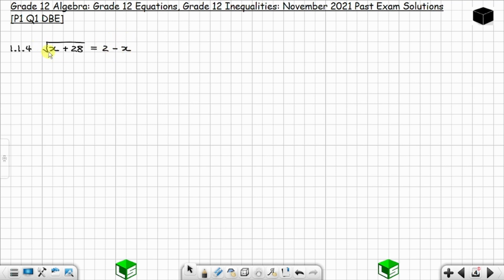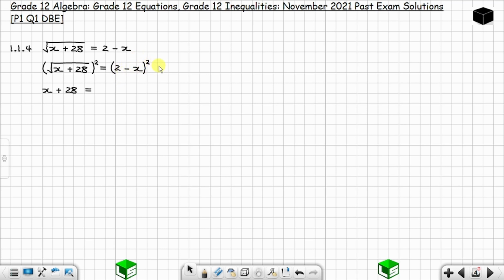Because it is a square root, you have to raise it to the power of 2. You raise this side to the power of 2 and get rid of the square root. What you do on the left, you also do on the right, so you also raise this to the power of 2. You only remain with x plus 28, and this is equal to 2 minus x